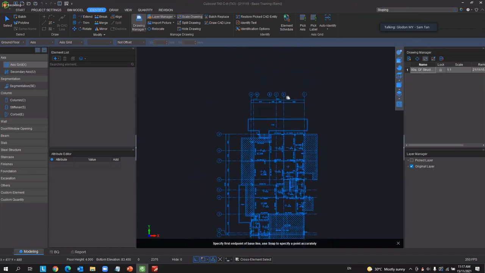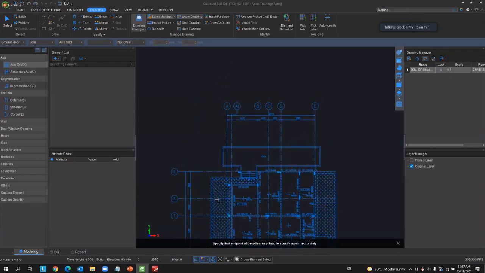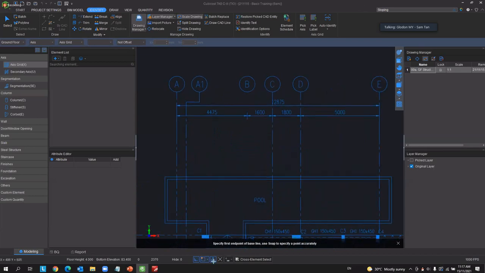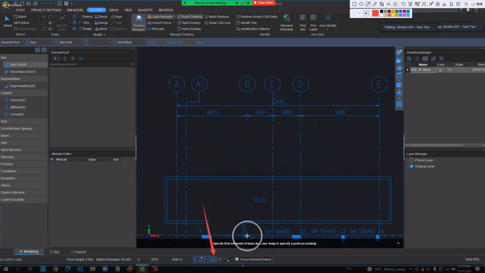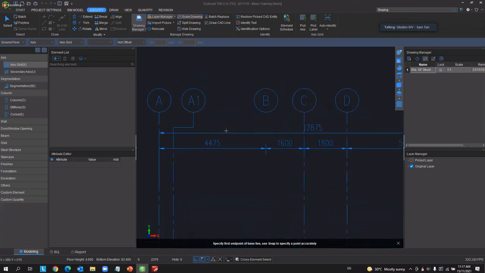Then I need to locate it. So here comes the very important part. If you see from the bottom part here, the third button is what we call the random point. Make sure when you want to do the scaling or relocate later on, you turn off the function. Make sure it's not being selected. Then it will only be able to